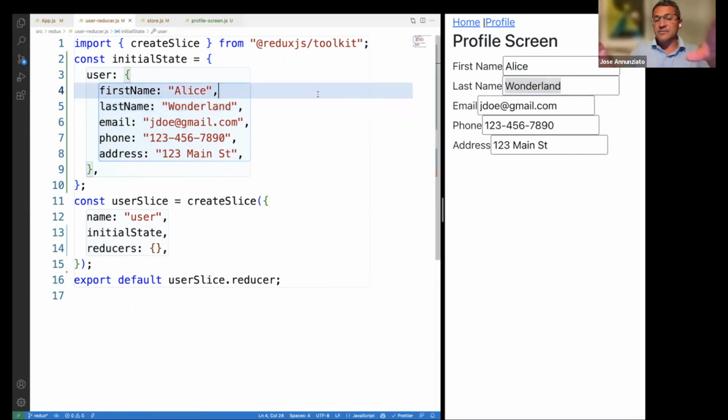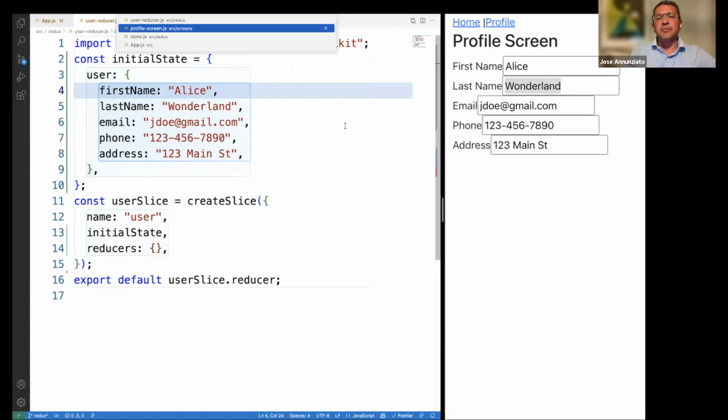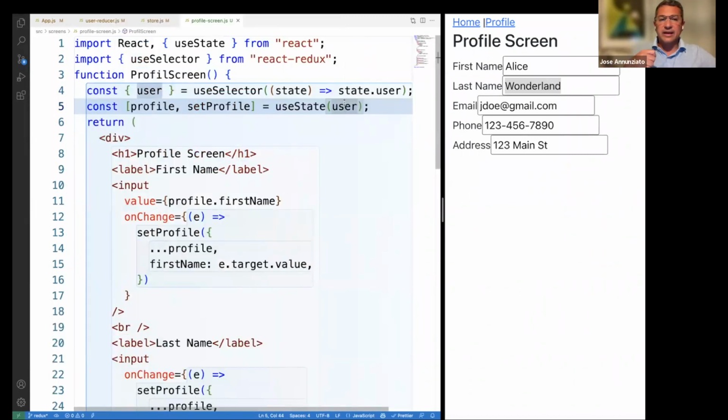So now the state is being entirely initialized and controlled by this reducer. It's no longer being handled by the profile screen. The profile screen is just reading that data. Make sense? And because this data now lives outside of this screen, I can share it with any other component. Any other screen can render this information. For instance,